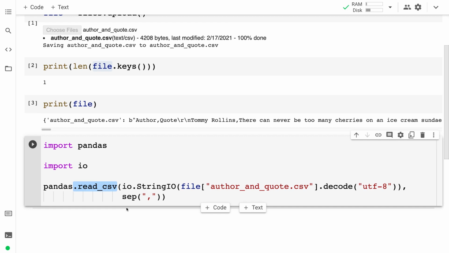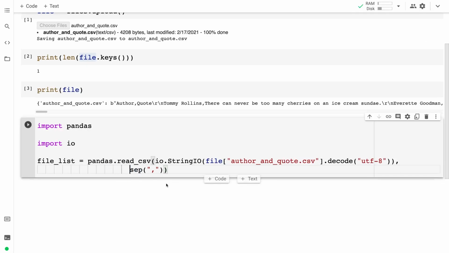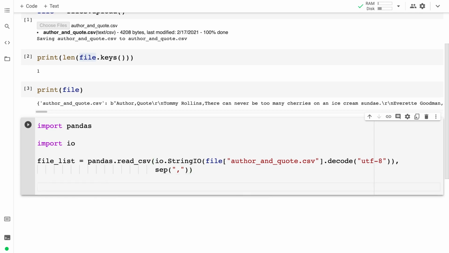The result of this is going to be a list of our authors and our quotes. So for that, I'm just going to save this as my file list. Okay. Now we have a variable file list that we can refer to. So let's use that and verify that we do indeed have everything loaded in. It's my file list, and I'm going to print out my file